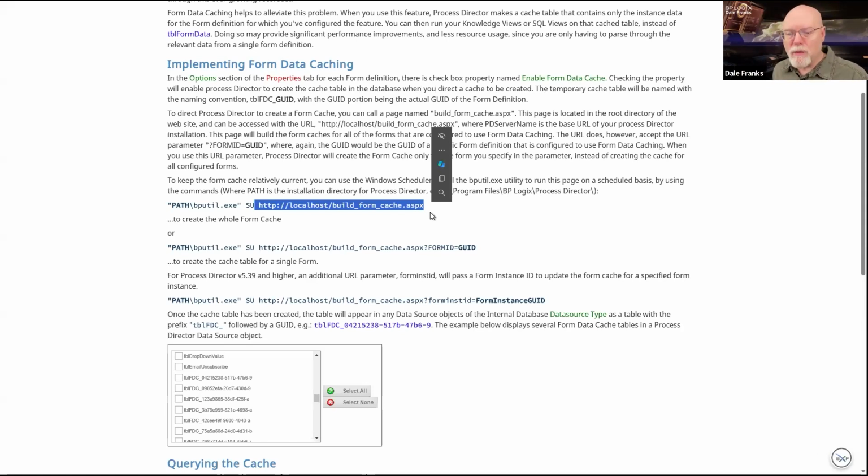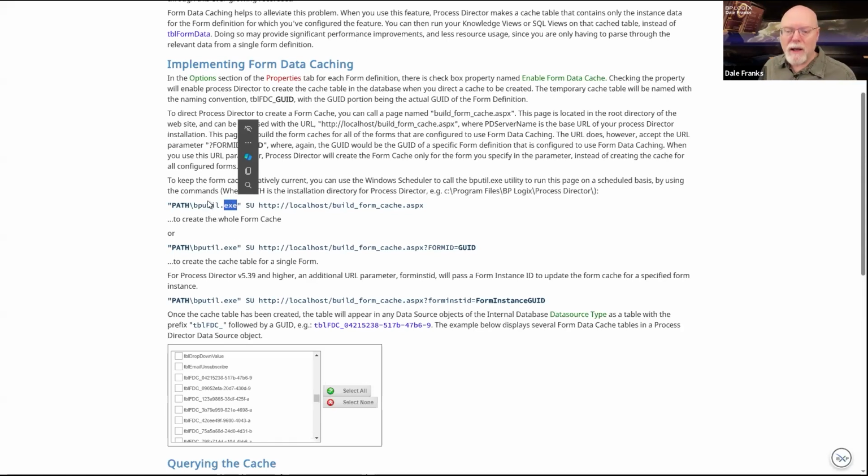That's why we use bputil, the BP utility, because bputil will call this page and then release it, and then shut itself down. So if I'm calling it every 5 minutes, I don't have to worry that I have a previous cache running when I called the next cache and whatnot. So use bputil. Do not call this page directly from the Windows Scheduler utility.